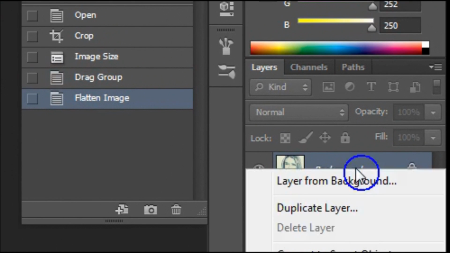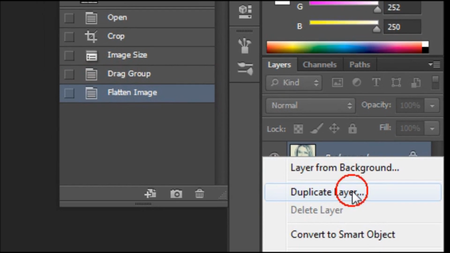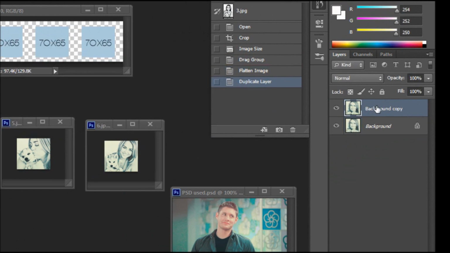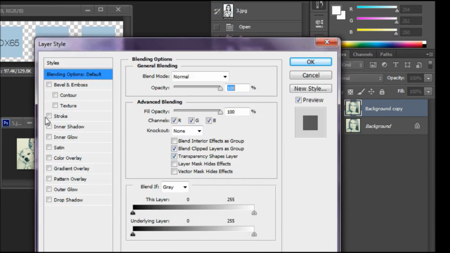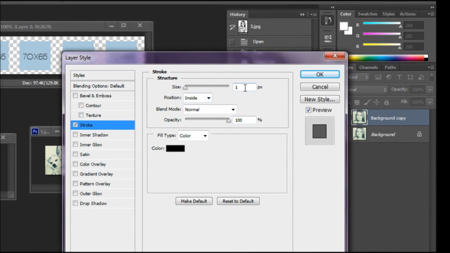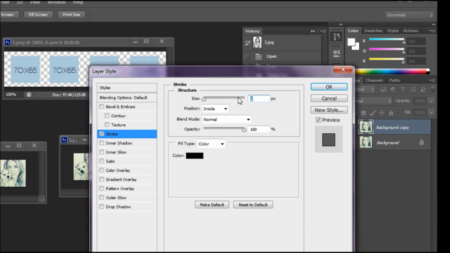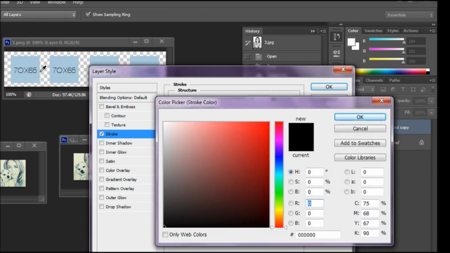And then we're going to make borders for each one. So for this you grab the background of your image, duplicate layer, doesn't matter what the name is, right click, blending options. Blending options, we go to stroke, and under stroke we go into the size of 3. And since I already have this up and that's the color I want for my border, I just click it